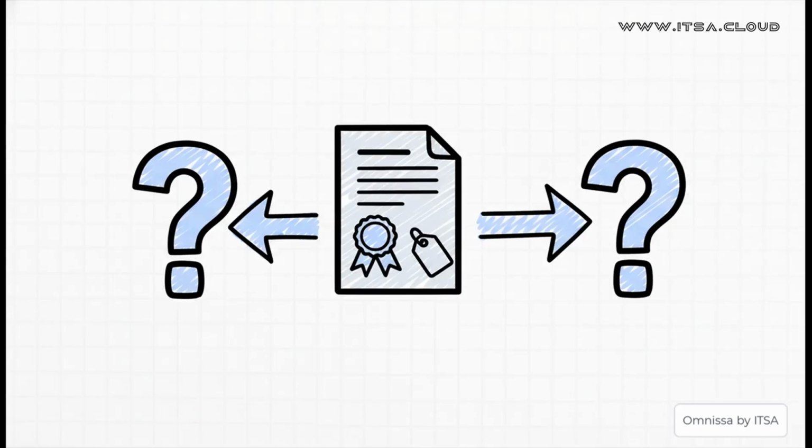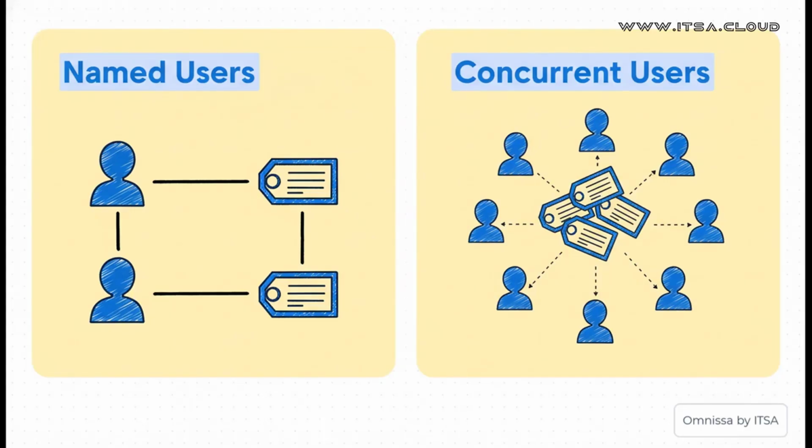And you know what? This whole idea of efficiency doesn't just stop with who gets access to what. It also applies to how you manage something everyone cares about, software licensing. You've got flexible models designed to fit how your organization actually works. So you've got two main ways to go. First, there's named users. Think of this like a reserved parking spot. A license is assigned to one specific person. It's perfect for your full-time staff.